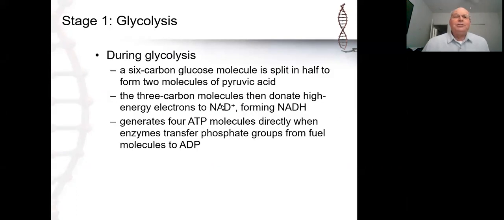So glycolysis as the first stage is where we start to break down the glucose molecule. In fact, that's what glycolysis means. It means splitting glucose. And so we start with the 6-carbon glucose molecule, and we wind up with 2 pyruvate molecules. Now, math tells you that if you get 2 pyruvate molecules, and you notice it says it splits in half, then a pyruvate molecule, or pyruvic acid,